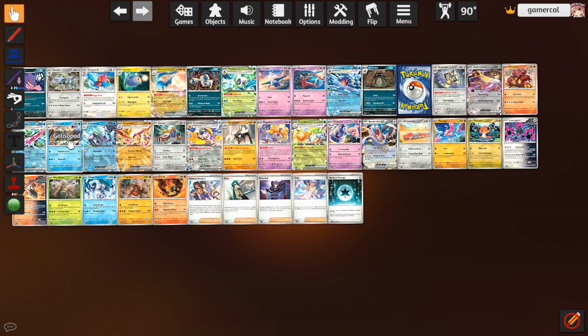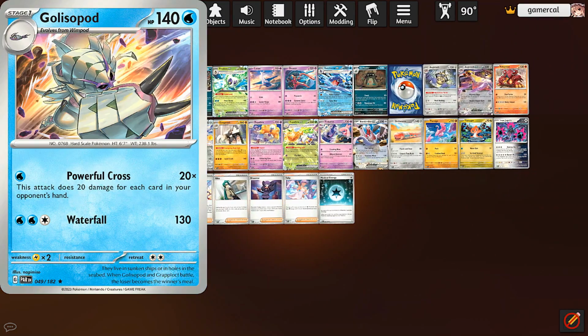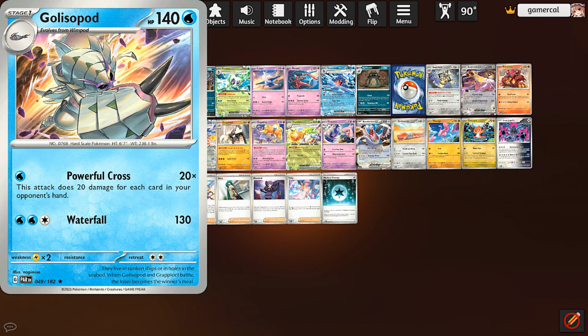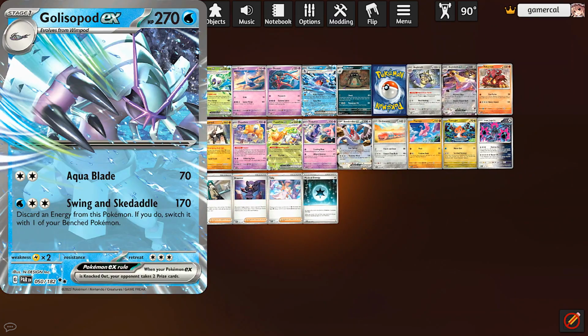Cool card though. Golisopod gets a couple of cards here, both a regular and an EX card. The regular one for a single water does 20 for each card in the opponent's hand. If you know they're going to play a Tinkaton deck, and we'll talk about the other Tinker here in a sec, then maybe this is okay. It's mostly just like an extra sort of thing if hand sizes get kind of wild,